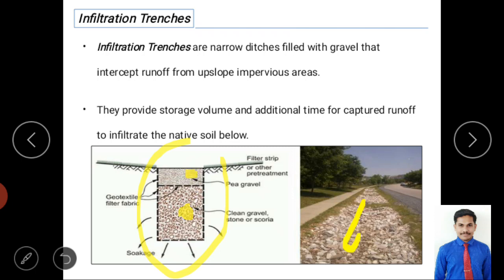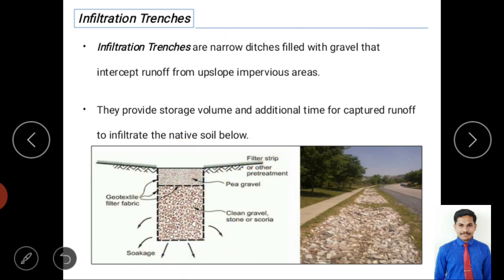You can see here infiltration trenches on either side of the road. So what happens here: when water is coming from the upslope, it will flow towards here and it will make groundwater recharge, right? We can replace gutters or some other alternative solution to collect the storm water by this method. And it is applicable only where the quantity of rainfall is less. When we have less water, we can easily capture it and make infiltration of rainfall runoff, right?